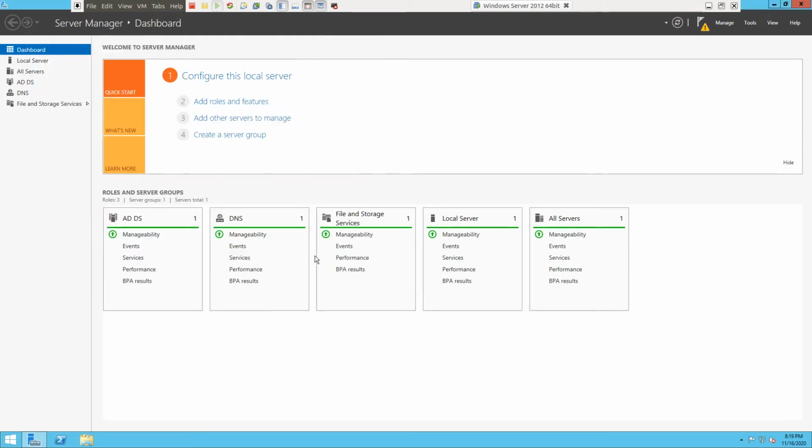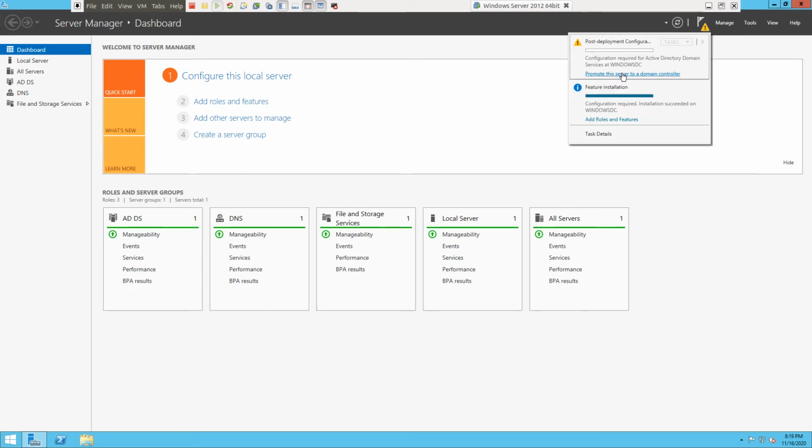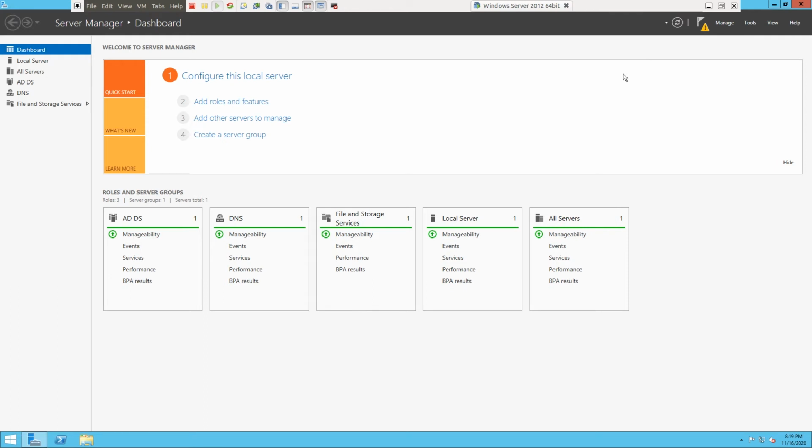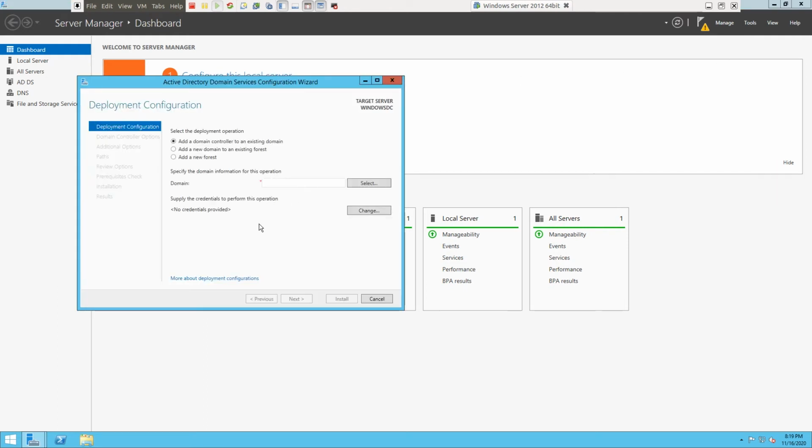So okay guys, now click on Close, and now you can see there is a flag symbol and a notification. Click on this and click on this one, Promote this server to a domain controller. So now we need to see some settings.